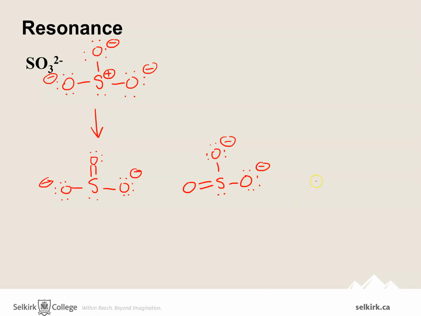Or I could have made a double bond to the oxygen on the right-hand side. Whoops, I meant a lone pair there. Now, what I've drawn there may look the same, but we call them resonance structures